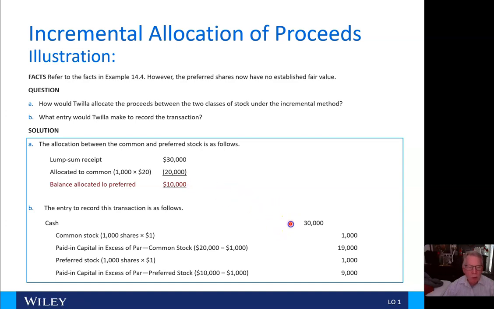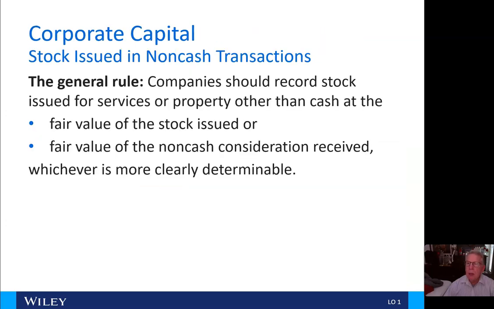So again, we receive $30,000 in cash, $1,000 of par value common stock, additional paid in capital of the difference between 20,000 and 1,000, 19,000 here, and then preferred stock is that differential, $1,000 of par and 9,000 of paid in capital in excess of par. Okay, slight difference between proportional and incremental methods, but I think you get it. All right,